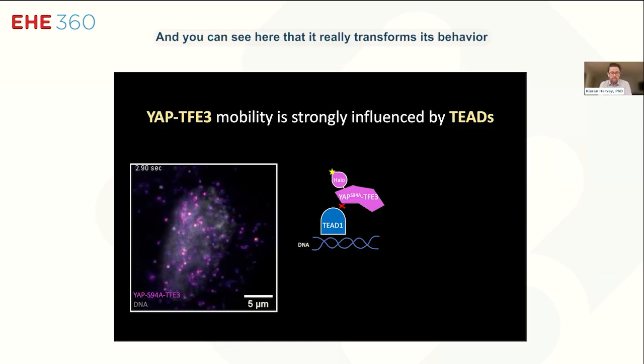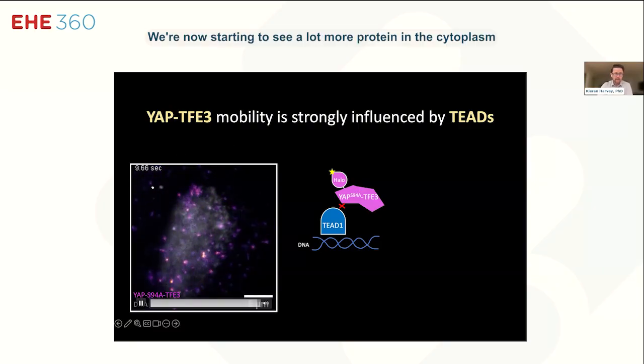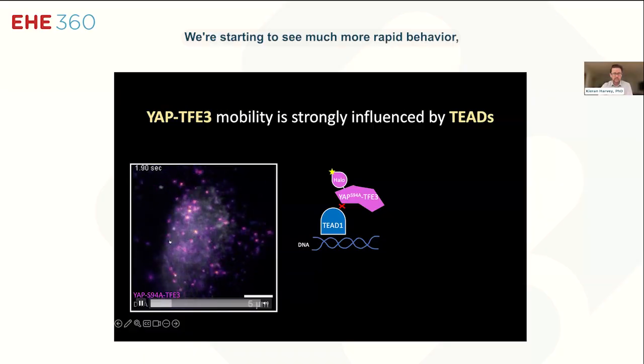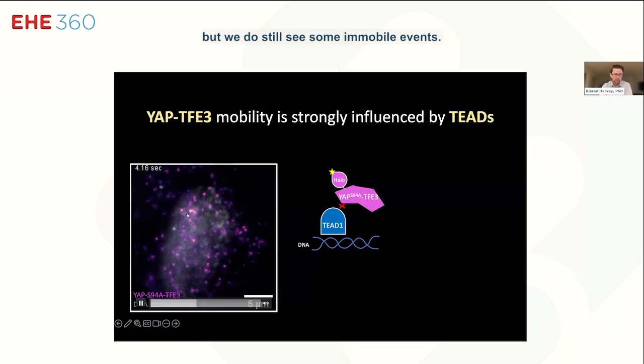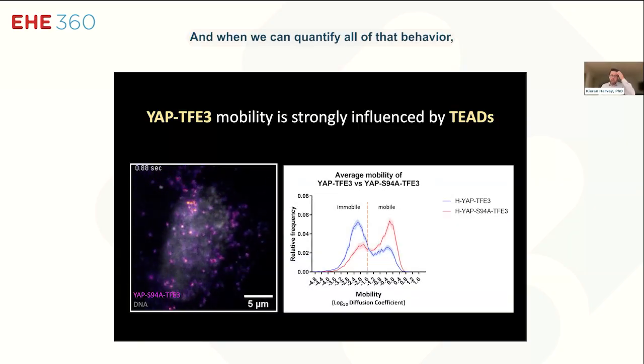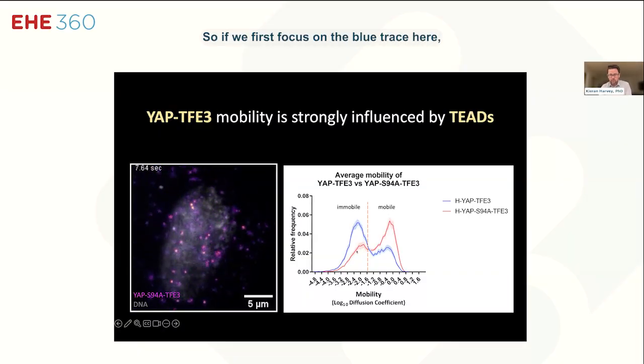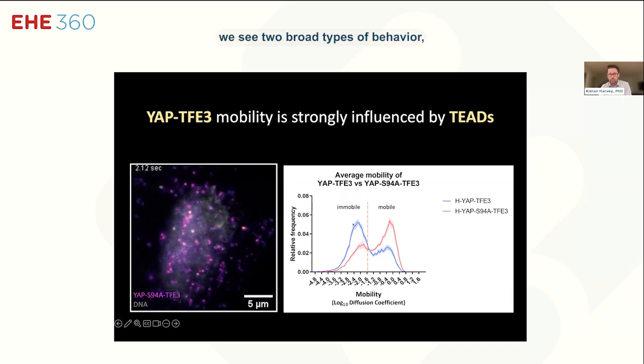And you can see here that it really transforms its behavior quite significantly. We're now starting to see a lot more protein in the cytoplasm outside the nucleus. We're starting to see much more rapid behavior, but we do still see some immobile events. And when we quantify all of that behavior, that really gives us a beautiful quantitative picture of what's going on. So if we first focus on the blue trace here, we see two broad types of behavior,